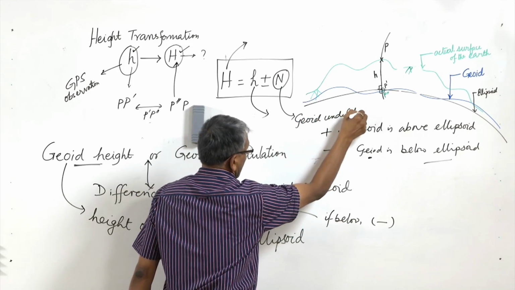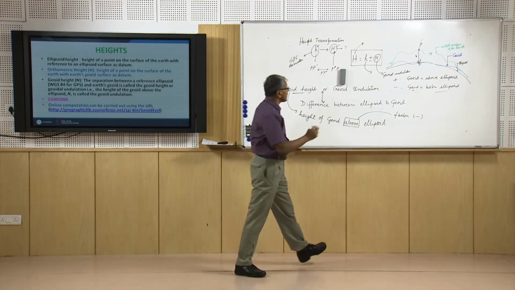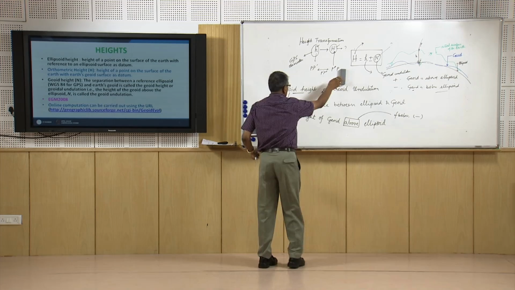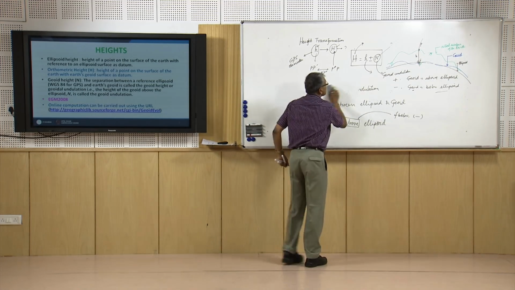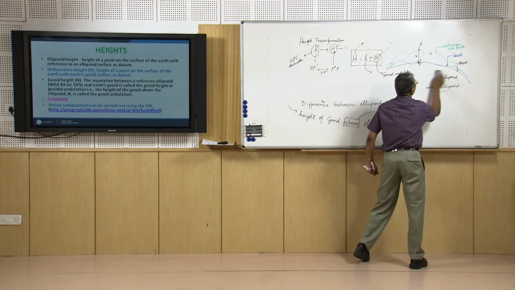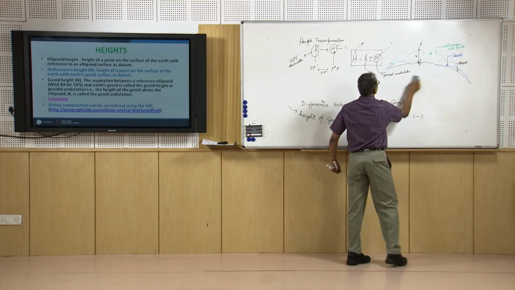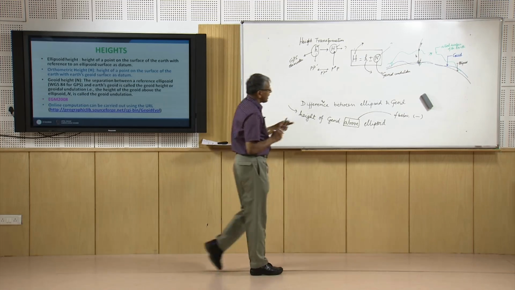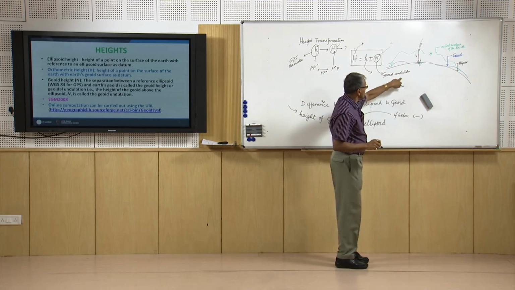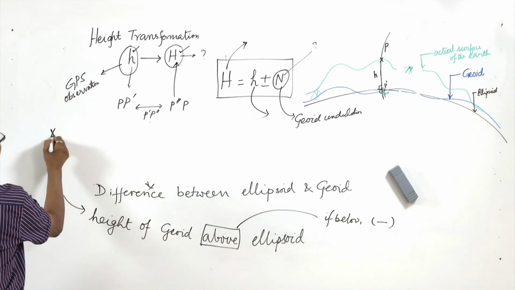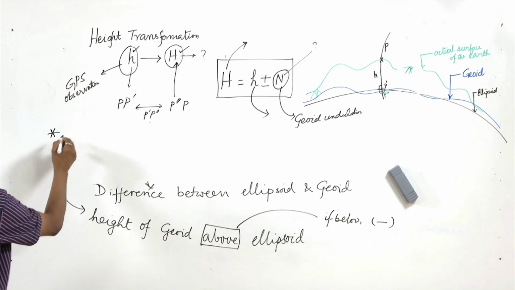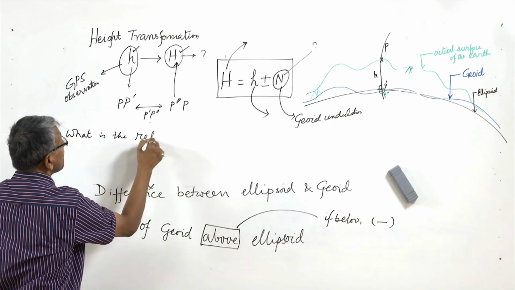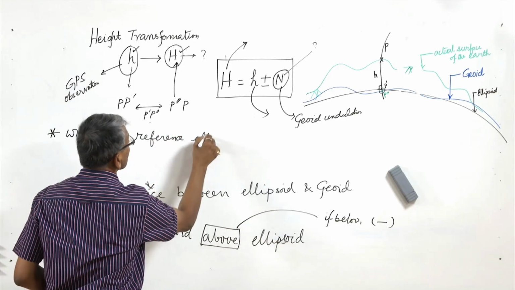The next question is how to get the geoid undulation. Geoid undulation is the difference between the ellipsoid and the geoid. How can we determine this? To determine geoid undulation, we need to know two things. One is the reference ellipsoid